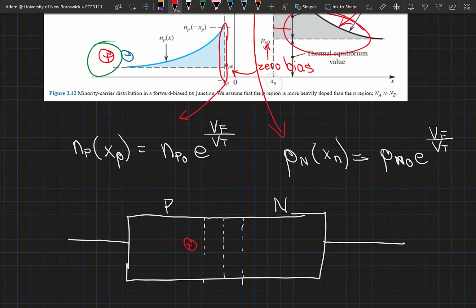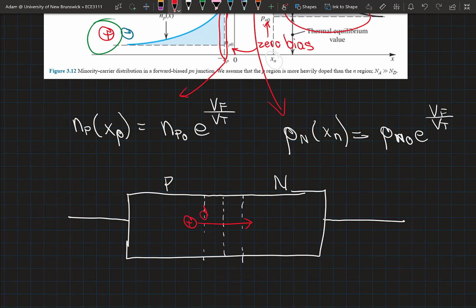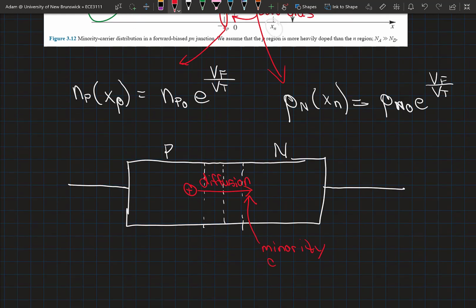So due to that effective reduction in junction potential, I'm going to get these excess minority carriers being injected. Okay, so this here is when it arrives on the other side where it's a minority carrier. This is referred to as minority carrier injection,